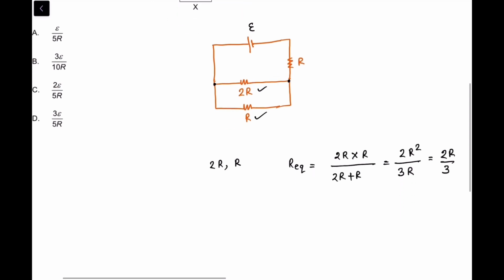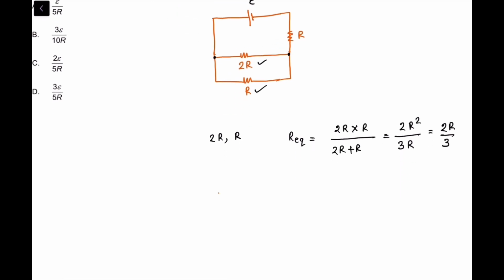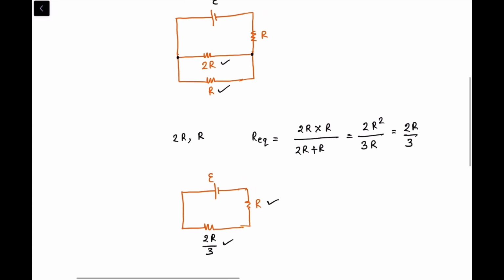So that means this circuit can be again replaced as something like this, right? So this is our EMF E. So over here this will be the equivalent. So what is the equivalent? 2R by 3, right, formed by the 2R and R, right? And over here this was our resistor R, right? Okay, so again see that this resistor R and 2R by 3 are in series, right? So over here the equivalent circuit becomes,